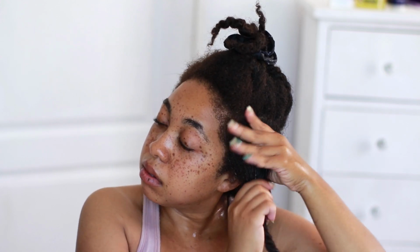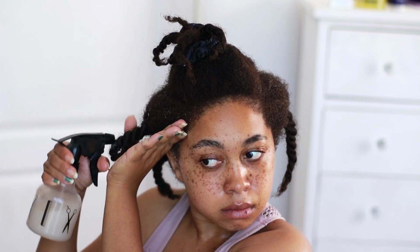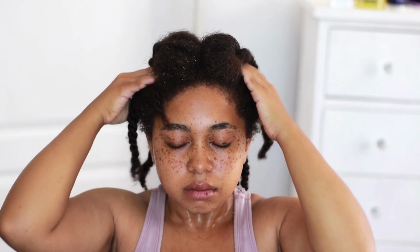If you've ever fermented rice water for 24 hours or 48 hours, it might feel quite good, but it does have a little bit of an instant drying feeling because of the starch. With this super fermented rice water, it just breaks everything down so well. It just feels so amazing in the hair. So as you can see, I'm going section by section all across the scalp and then taking it all through